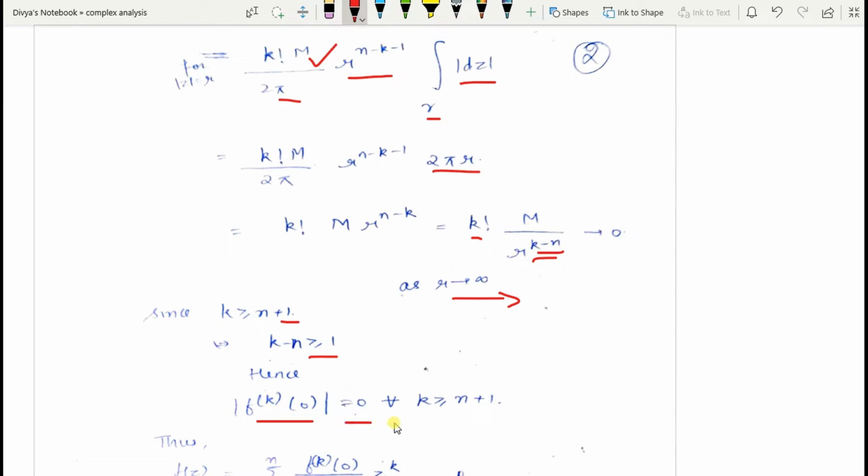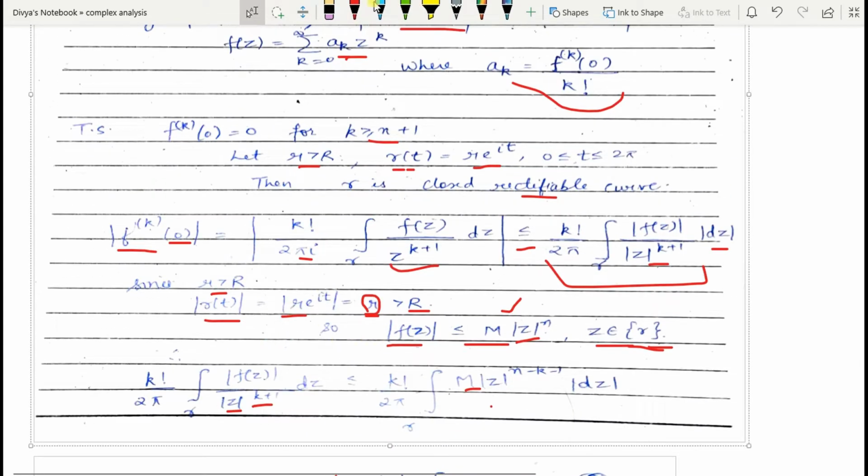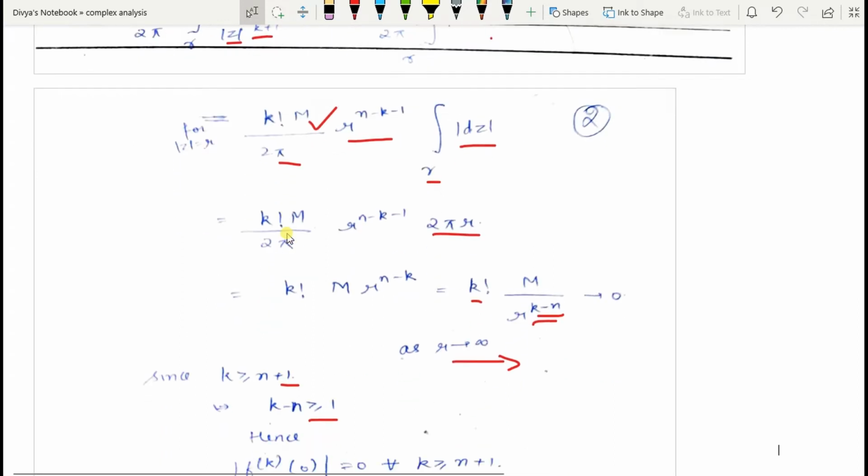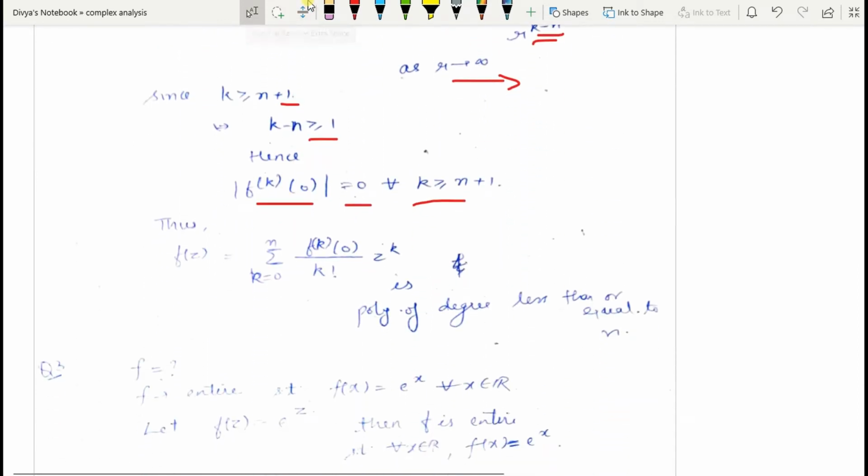So therefore, and hence, this modulus of f_k(0) is equal to 0 for all k greater than or equal to 1, because this was less than or equal to the modulus of the right-hand side term. On the left-hand side, what we are finding is that the modulus of f_k(0) is less than or equal to this term, and this term is tending to 0 as r tends to infinity. So the modulus is less than or equal to 0, that means this term is equal to 0. Clear? So therefore f_k(0) is 0 for k greater than or equal to n plus 1, and thus